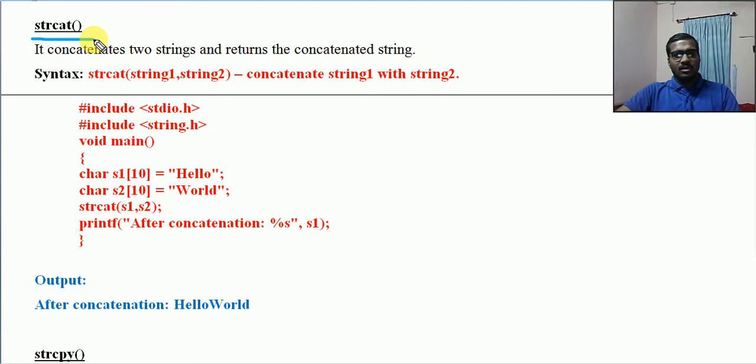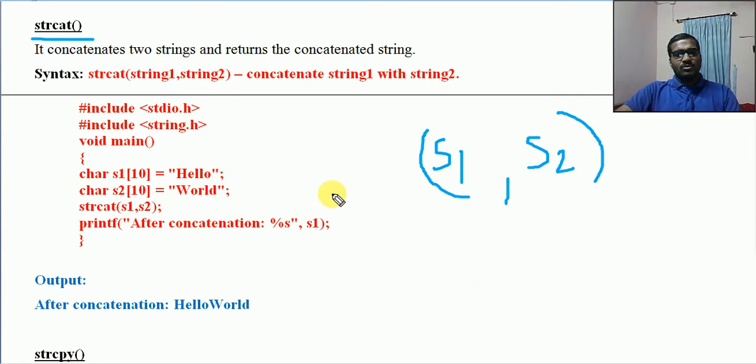So what is happening is, if you are having string 1 and string 2, and you are applying strcat between these two, it will be strcat(s1, s2). Assume that s1 will be having one value, s2 will be having one value.